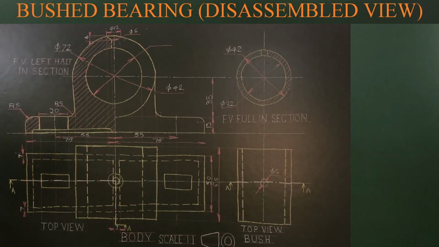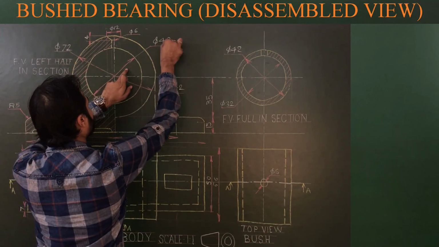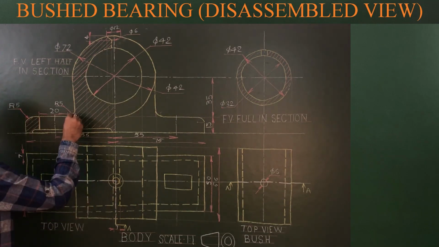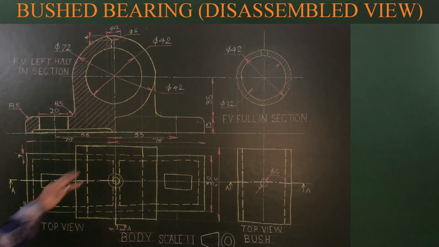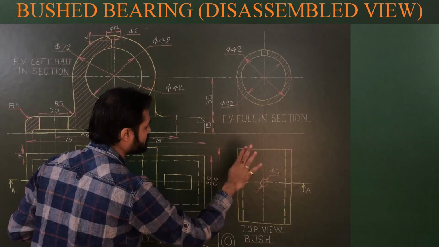Now I'll request you to please draw this problem on your sheet. It's a very important problem. Starting from the body, draw the first view, front view of the body, then top view of the body. Okay, one more thing, the diameter is 42. So dia 42 is missing here. Let me check. Okay, so draw the front view, then top view, hatch the left part properly for the representation of the sectional view, then its top view, then draw projections of the bush, front view and top view in the same position, if possible.